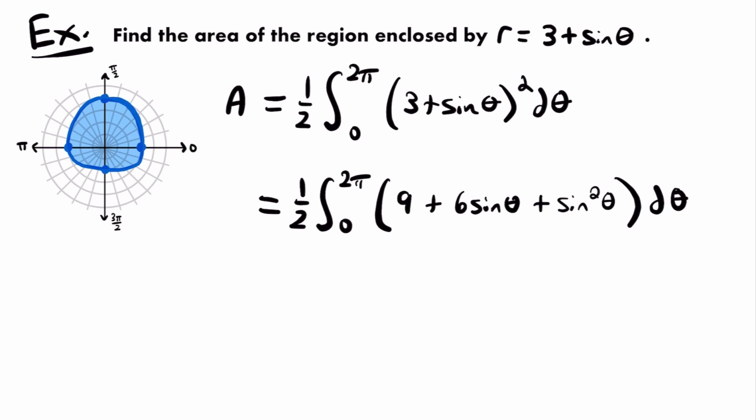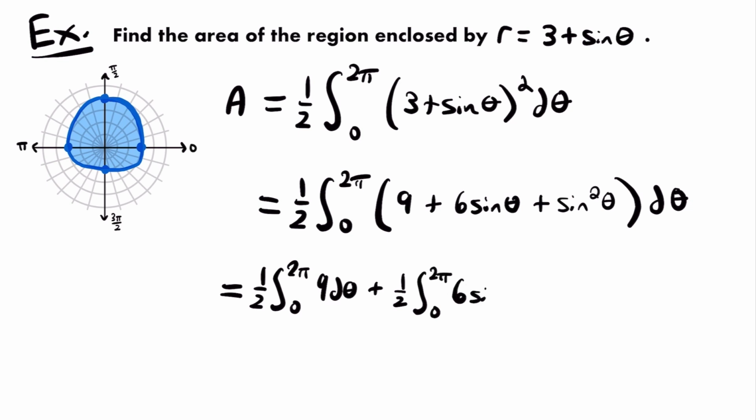So what I'm going to do here is split up this integral into 3 separate integrals so that we can work on integrating each of these terms individually. So what we'll have is that this is equal to 1/2 times the integral from 0 to 2 pi of 9 times d theta plus 1/2 times the integral from 0 to 2 pi of 6 times sine theta d theta, and then we'll add that to 1/2 times the integral from 0 to 2 pi of sine squared theta